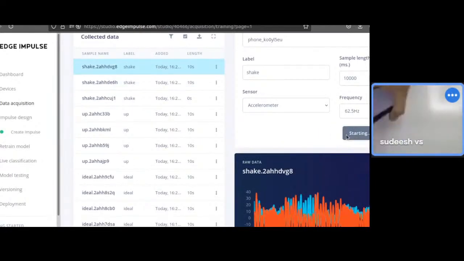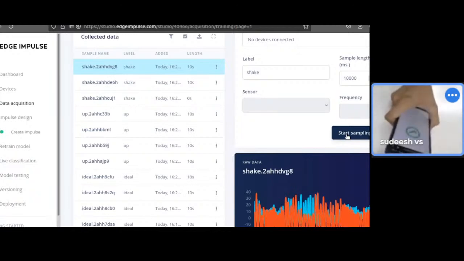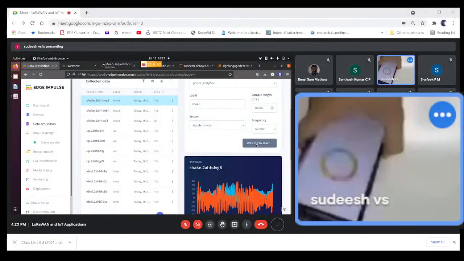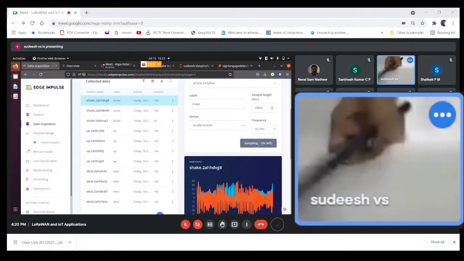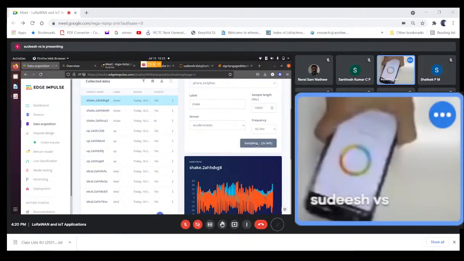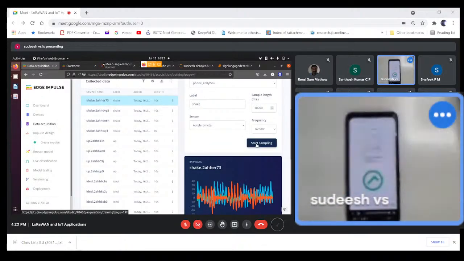One more. Now sampling is completed. We have collected our sensor data.